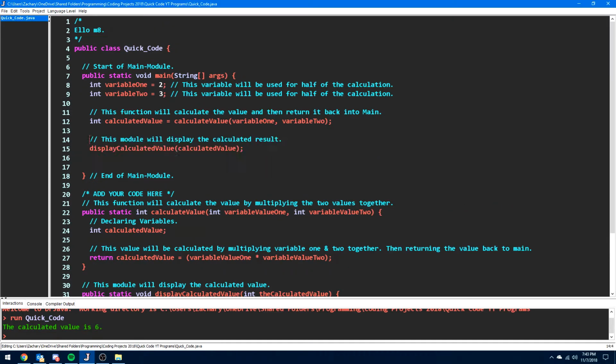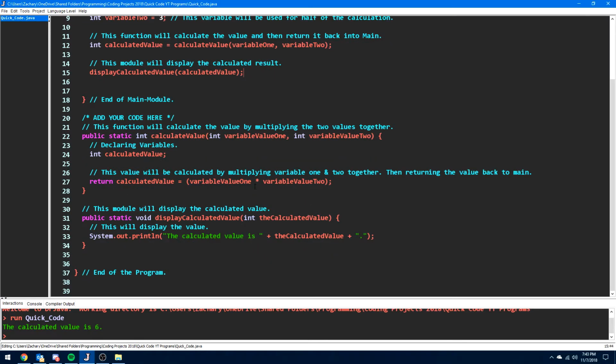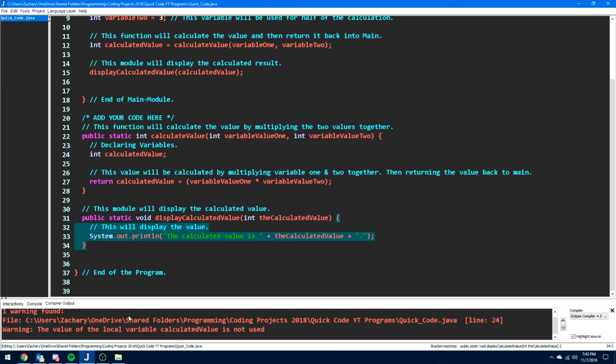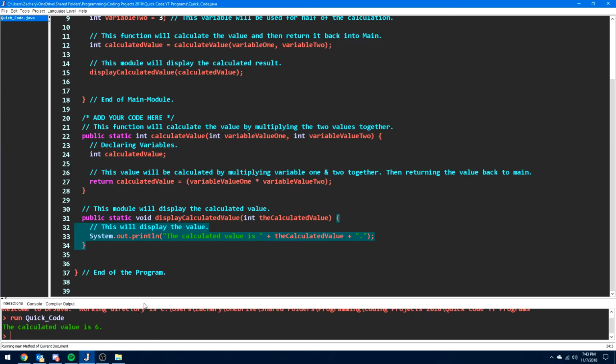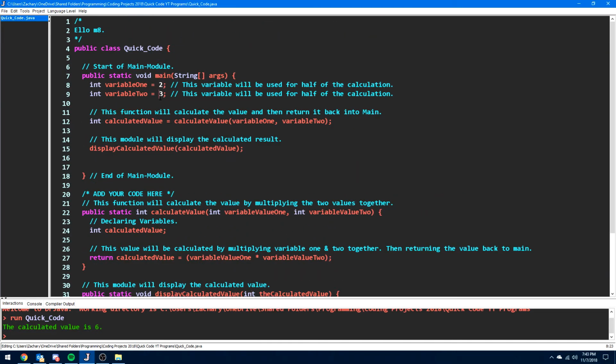Okay, now I've created the module header in main. Now I've created the module calling statement in main along with a comment, and I've also now created the module itself down outside of main, which should display the calculated value. So as I've already tested here, it does work. So if you hit F5 to compile, F2 to run, the calculated value is 6, which is correct. 2 times 3